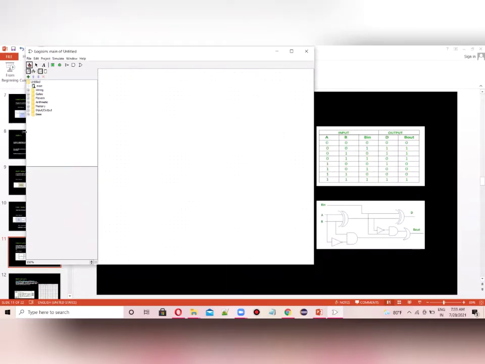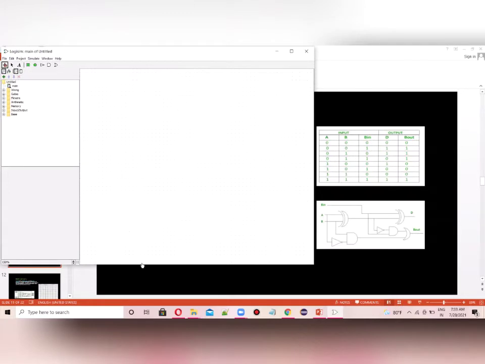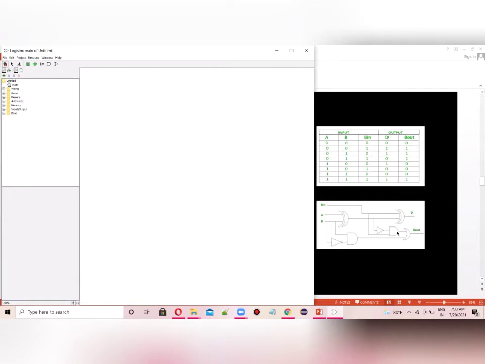Now we can see that here is the logic circuit.